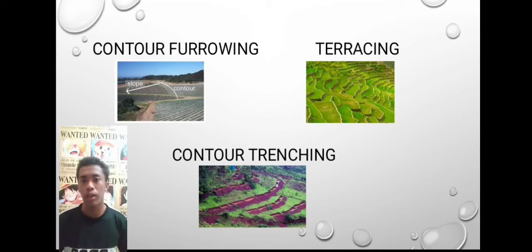Contour furrowing is the practice of tilling slope lines of consistent elevation in order to conserve rainwater and to reduce soil loss from soil erosion. Next,